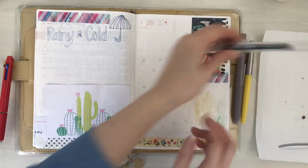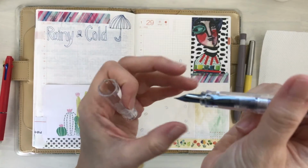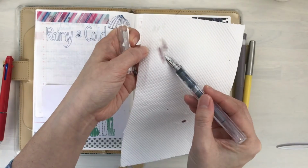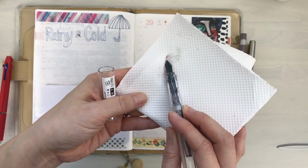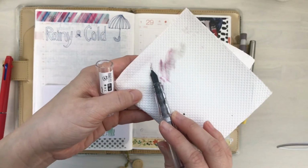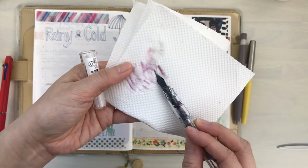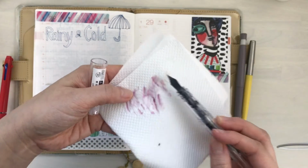So let's see. I don't think it's ready yet, but I'm not sure. The water from the fountain pen is there. It's kind of pulling on the ink. You can see the color kind of coming through. I don't even know if that's the right way to do it. Maybe the experienced fountain pen users are like, you're doing it incorrectly, don't do that. If I am, please let me know, because this is how I tend to